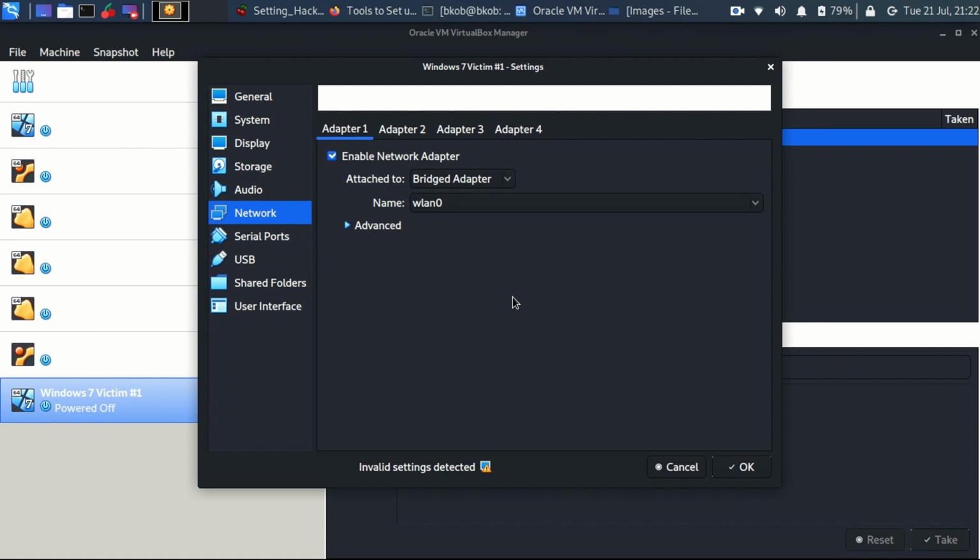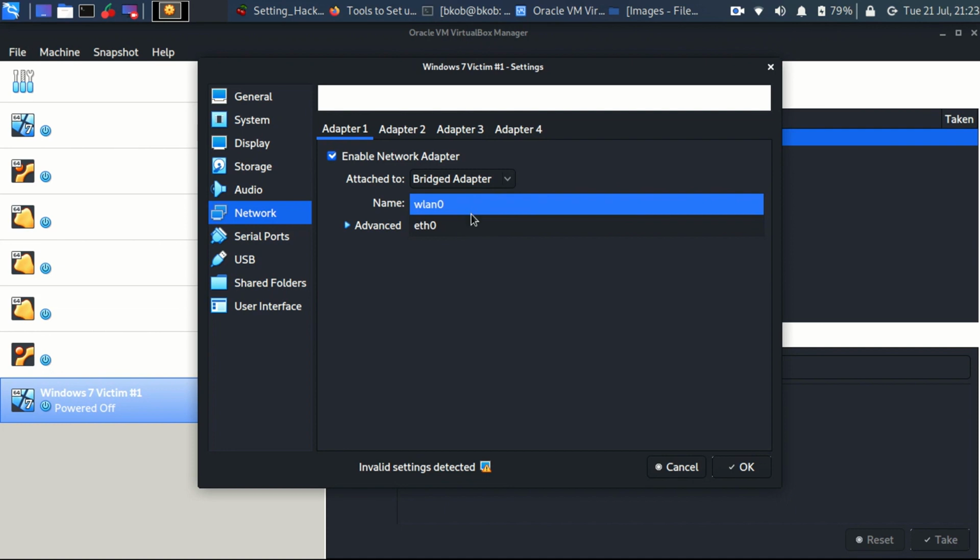In my case, I'm using VirtualBox over a Kali Linux machine. If you're using any Unix based machine like Kali Linux or Ubuntu, under the bridge adapter you would get adapters named WLAN0 or ETH0. If you're using Windows based machines, you would get your wireless adapter or Ethernet adapter.